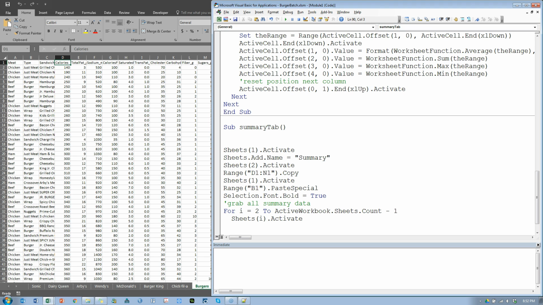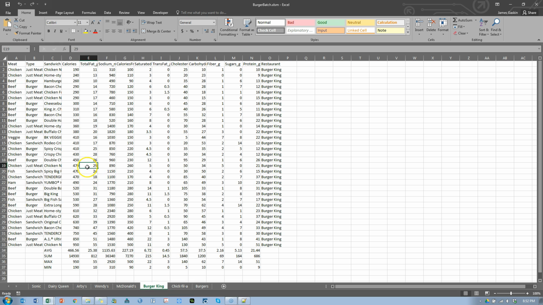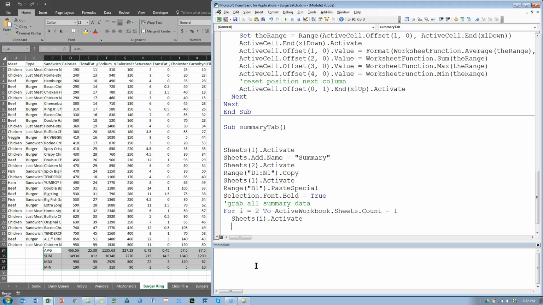And we're going to grab the range of summary data. So on this, no, this is the burgers one. On this one, it would be this. I want all of this. Okay, so let's go get all of that. How would I get that? Let's set a range for it so we don't have to be typing in that range all the time. So we're going to set a new range. Set, let's call it summaryRange, equal to Range